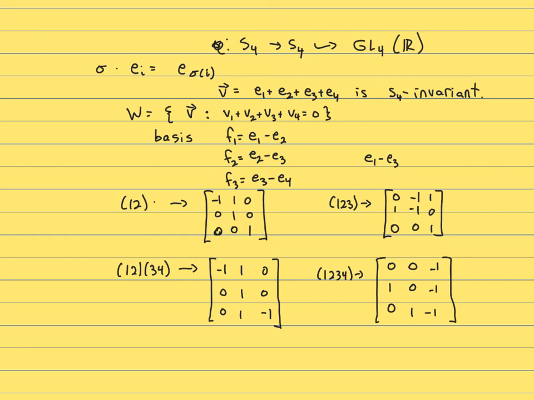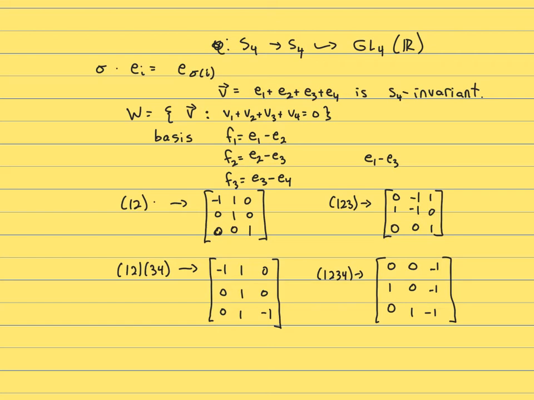So there we have a three-dimensional representation. Let's see if it works. Let's take this as our basis: just differences of pairwise basis vectors. So the sum of the coordinates is in fact 0, because it's 1 minus 1, plus a bunch of zeros. Now let's take one permutation from each conjugacy class, let it act on the basis vectors, and see what the